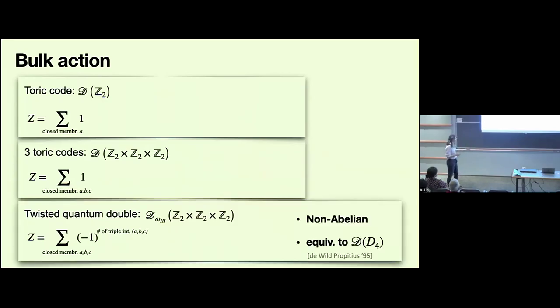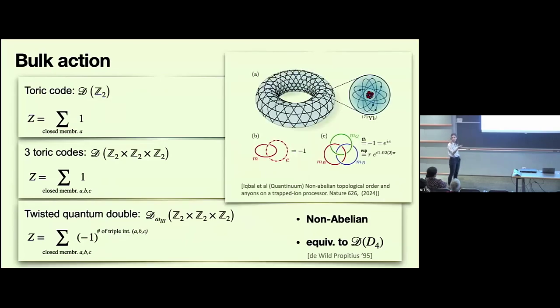Now, this phase is interesting because it's actually non-abelian, and it is equivalent to the untwisted quantum double, the usual Kitaev quantum double of D4. And this is a very nice model. I'm not going to talk too much about its properties beyond what I already said, but there is a nice bonus that Ruben and Nat helped experimentalists really simulate this model in an experiment. So it's nice enough to be experimentally available.